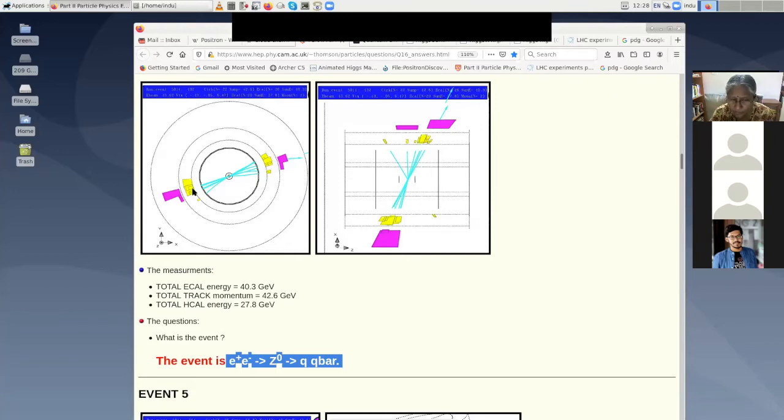But we will actually do this process. We will calculate this process, e plus e minus goes to q q bar, not through Z naught. We will produce it through maybe gamma because let us do it simply through electromagnetic interactions. But what we will understand is the following. One is that you can see this is an electromagnetic interaction. So the difference between e plus e minus going to mu plus mu minus and q q bar is that the charges are different.